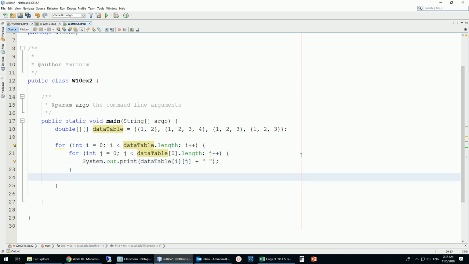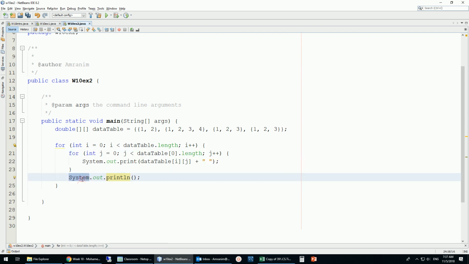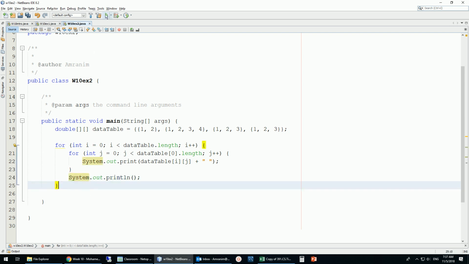Then at the end of this inner loop, before going to the next iteration, I just need to go back to the line. So this is going to display every element in a row, every column in a row. Once I finish displaying everything in a row, I just need to go back to the line to display the next row. And if I run this thing,